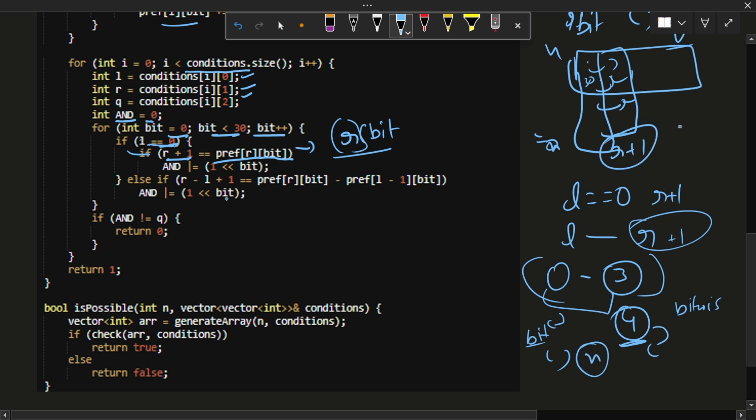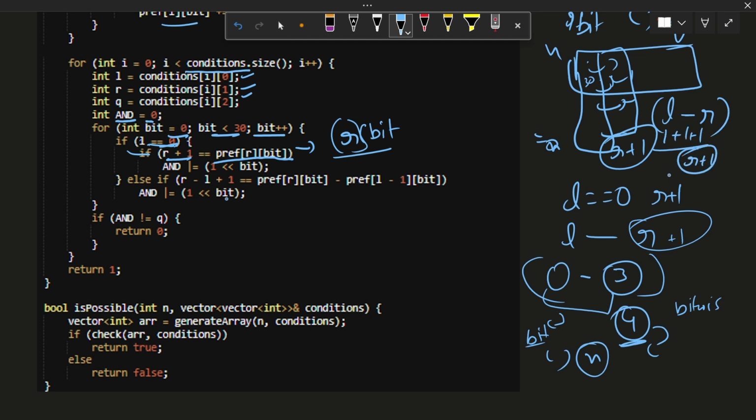When will it be equal to R plus 1? If all the bits from L to R were set for that particular bit, then I'll obtain R plus 1. So if it is, I'll make that particular bit in my AND a set bit, right? And else, if my L is not equal to 0,